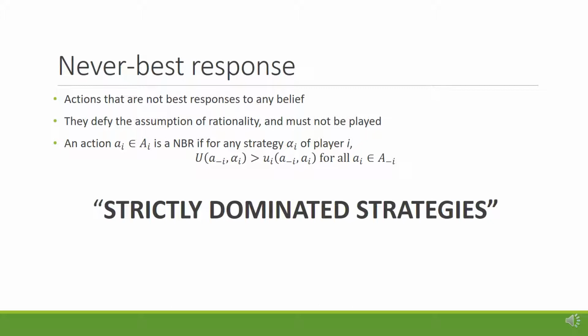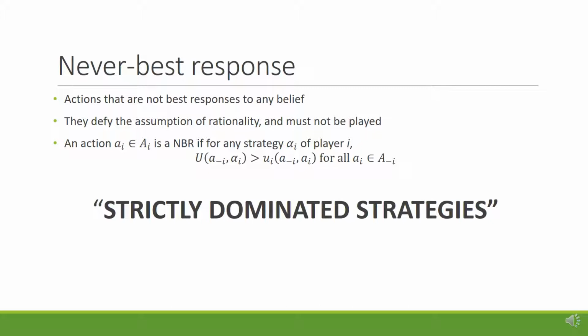Because intuitively, if a player knows that there is some other action that could give her a better payoff than the one she is currently playing, she would be better off playing the other action. So, by the basic definition of rationality, this player would never play an action that gives her a lower payoff than some other action, given